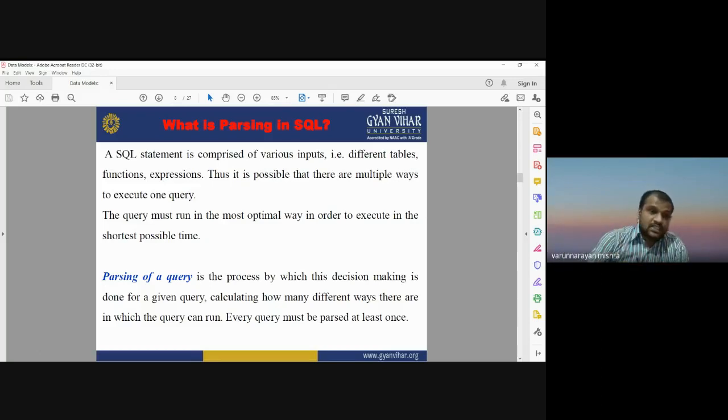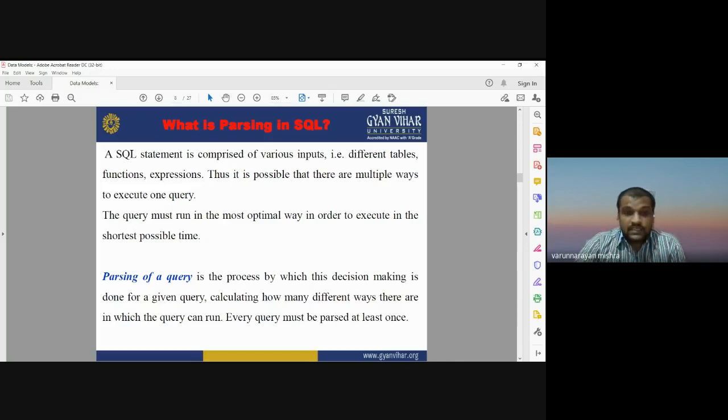Whatever statement we write in SQL is comprised of various inputs, like different tables, different functions, and different expressions. Thus it is possible that there are multiple ways to execute one query. We may have different functions like update and delete.